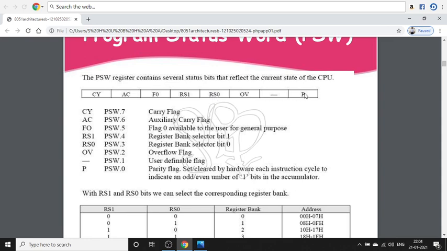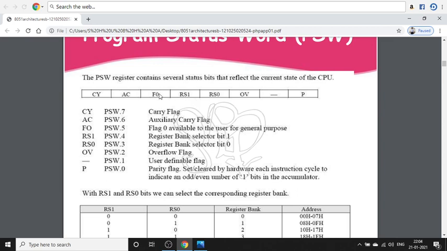If there is an overflow out of B3, that is a carry from the lower nibble to the higher nibble. Otherwise, if there is no carry from B3, it will be reset to 0.